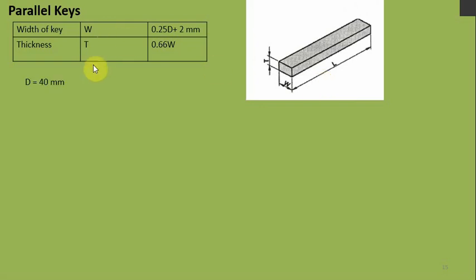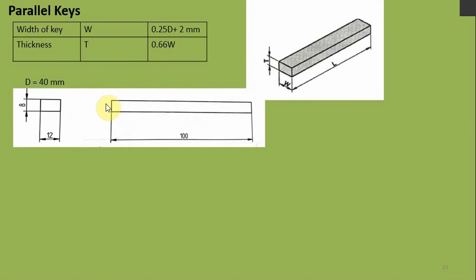If I take a diameter of 40 mm for your drawing, you can take the diameter as 40 for all the drawings. First you need to draw only 2D sketches. So this is the sketch of the key. First you draw a 100 mm line. From there you go for a thickness, which is equal to 0.66 w. If you count it, you can find it is 8 mm.